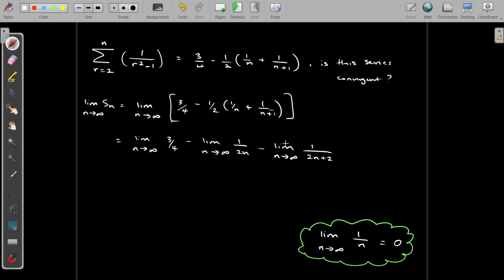All of this would still give us the same result. So the limit of a constant as it tends to infinity is just that constant, so this is just 3 over 4